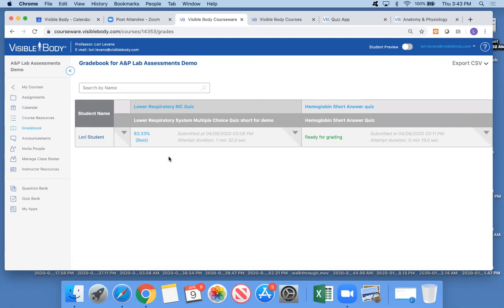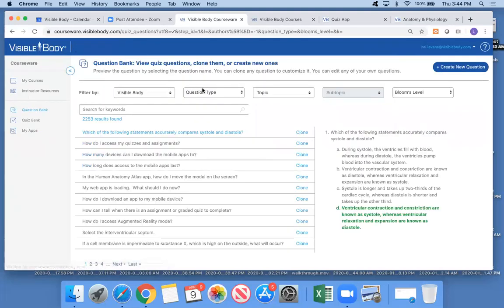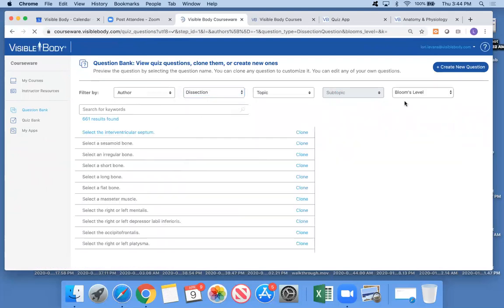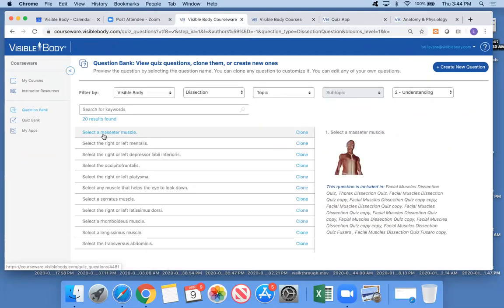Okay, a question. Are the questions in the question bank ranked or filtered in any way, like from the easiest to the more challenging? So we have ranked them by Bloom's level. We have mostly 1, 2, and 3 in there. You can filter. I haven't actually used the filters for Bloom's level, but you could pick number 2, and you could see we have 20 results of dissection questions that are Bloom's level